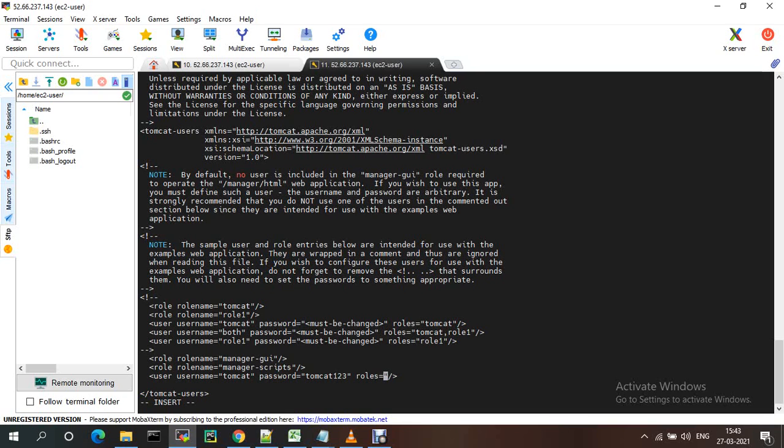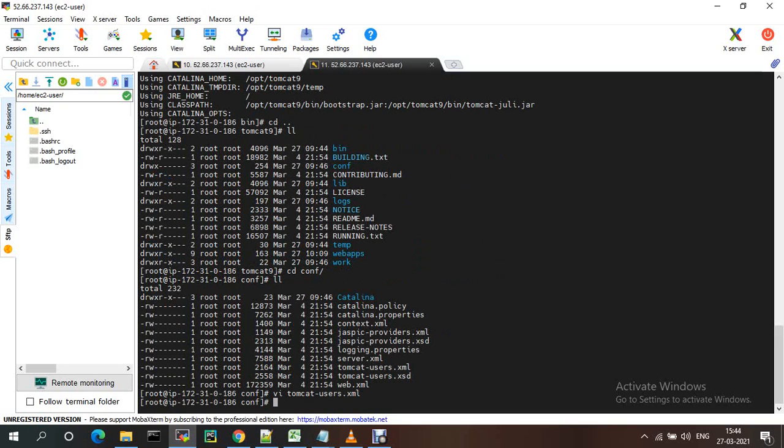Roles equal to manager-gui and manager-script. Whatever roles are there, I'm just updating here. I'm saving this file.